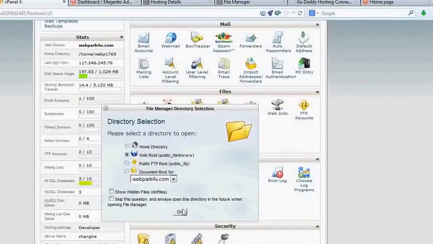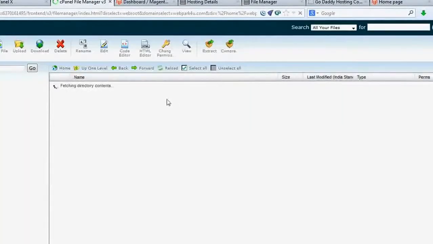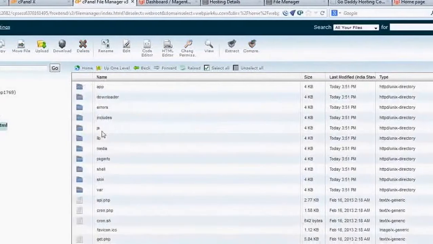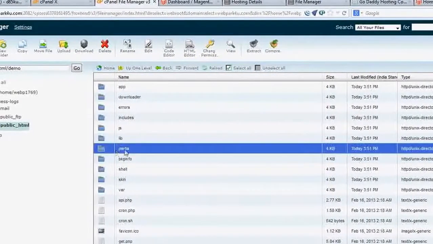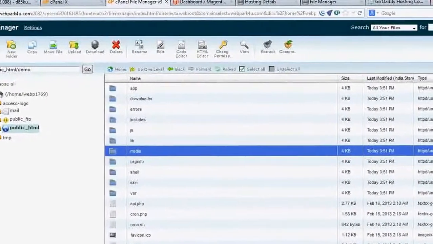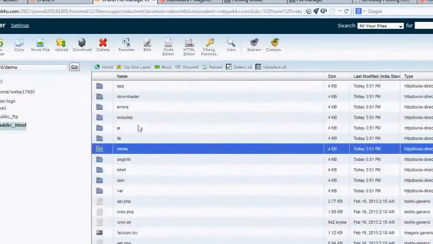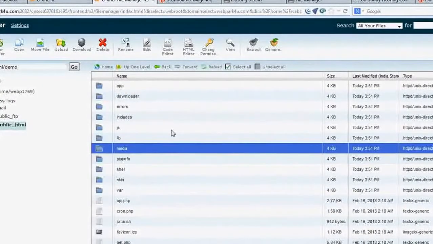If I had not got those figures, I would have had to replace the existing media folder with this media folder. You can do this with your favorite FileZilla, or directly if your hosting provider provides an upload facility right here.